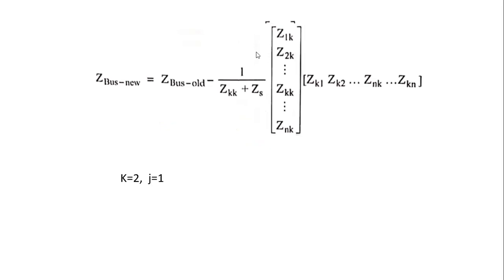It is a simple method if you have n number of nodes. With this type of Z-bus building algorithm, we can easily find the Z-bus matrix. But in the case of the incidence matrix, where we use n number of nodes, the multiplications and the inverse matrix are somewhat difficult. That's why we use the Z-bus building algorithm for the formation of the Z-bus matrix.